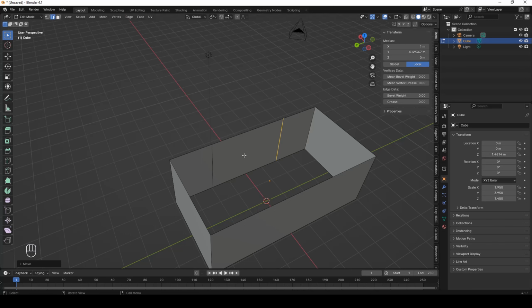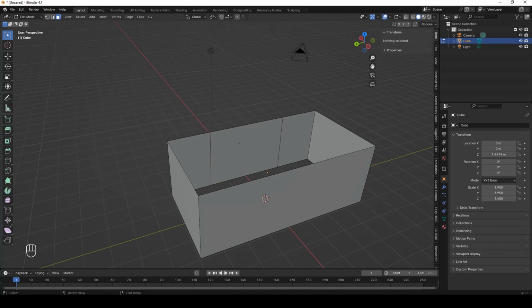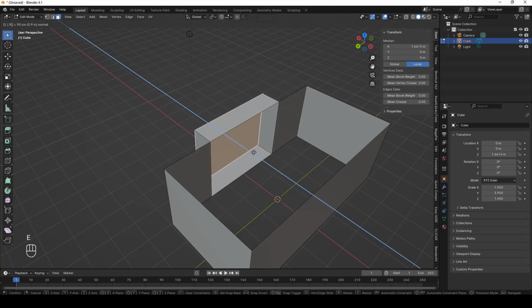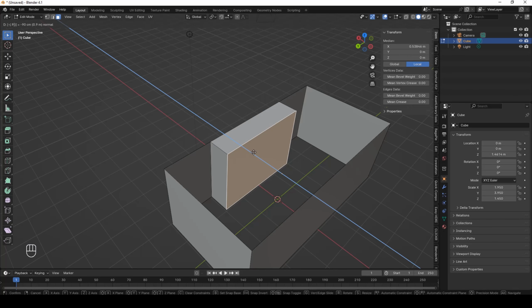And after this, what I'm going to do is hit number 3 so that it will be on face selection mode. Or you can just click it right here and then select this face and then press E to extrude it, and then type 0.9 meters. As you can see, it's on the direction that I don't want it. So to invert it, all I have to do is hit numpad minus and it will be inverted,